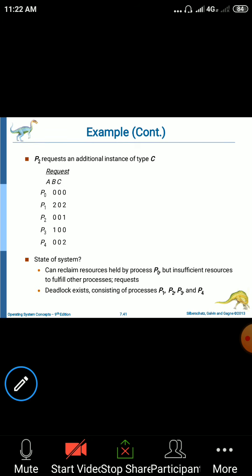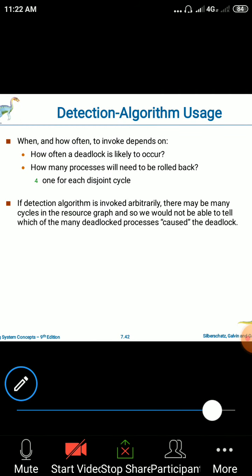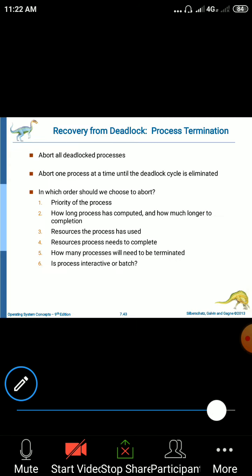So in this example, as I already said, if any one of the processes requests, then that cannot be serviced or granted, and hence the system will enter into the deadlock situation that I explained here. If P0 requests, then it cannot be allocated, then the deadlock exists, or the system enters into the deadlock situation. Next we'll move on to the next slide, that is, the deadlock algorithm usage and the recovery from the deadlock in the next class. If I complete the recovery from the deadlock and the process termination, that completes this chapter. So I need one more class to complete this chapter.